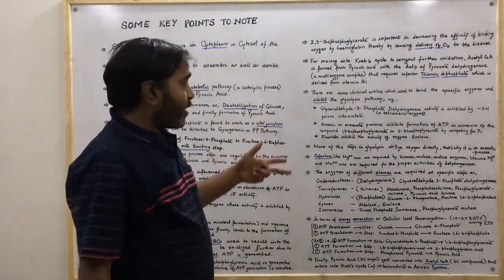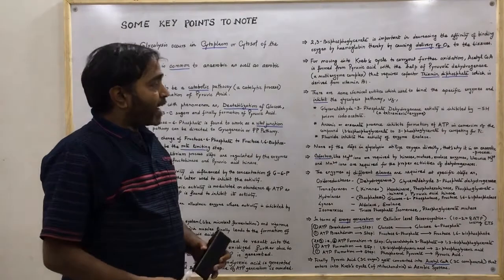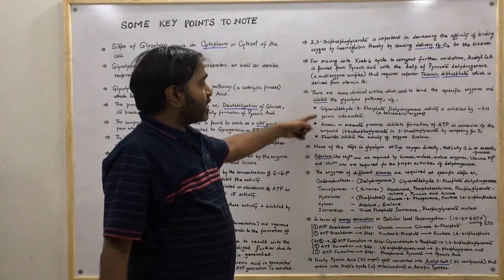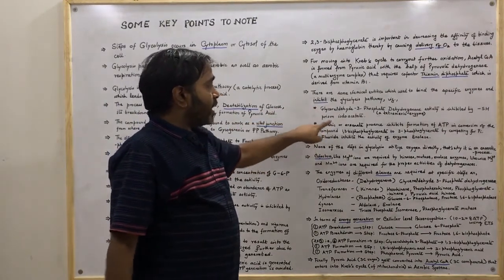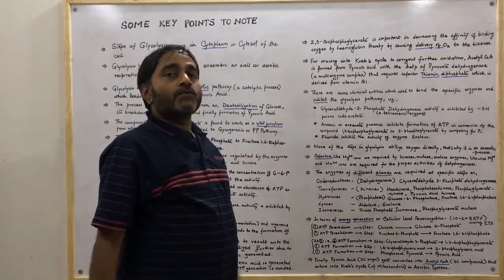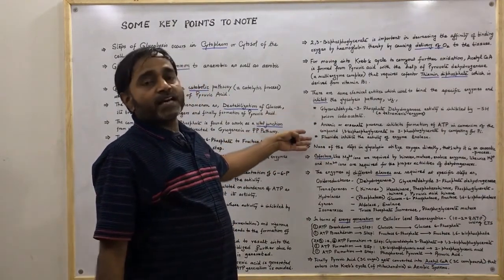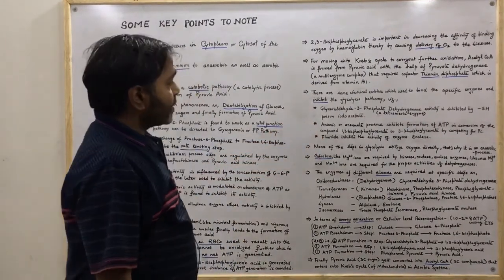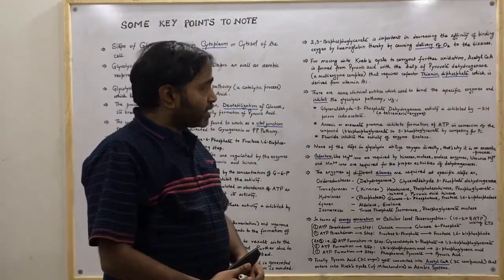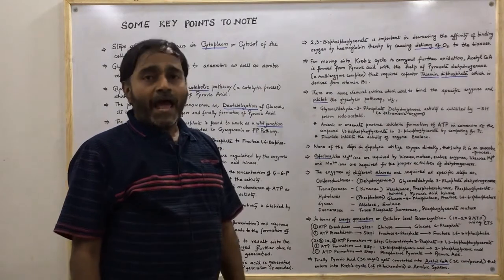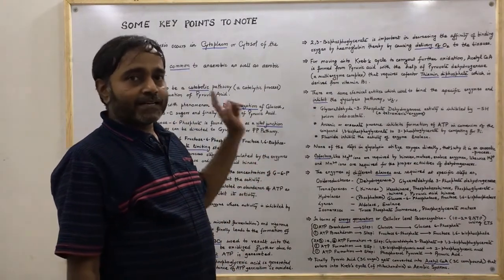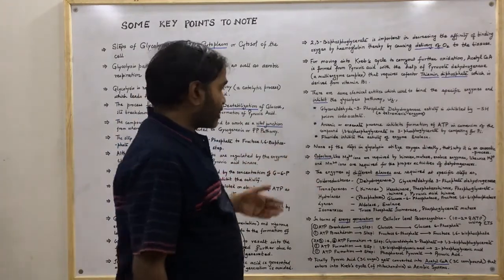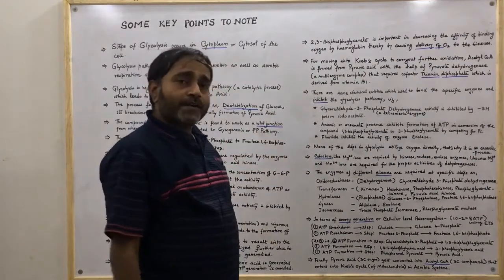Now we will see the next fact, that fluoride inhibits the activity of the enzyme enolase. So we have seen that there are three particular inhibitory compounds, that is iodoacetate, arsenate, and the other one is fluoride. All these can serve as inhibitors for the glycolysis pathway. Now the next point, none of the steps in glycolysis utilize oxygen directly. That's why it is regarded to be an anaerobic process. So we should remember that it is a purely anaerobic process and none of the steps are utilizing oxygen directly.